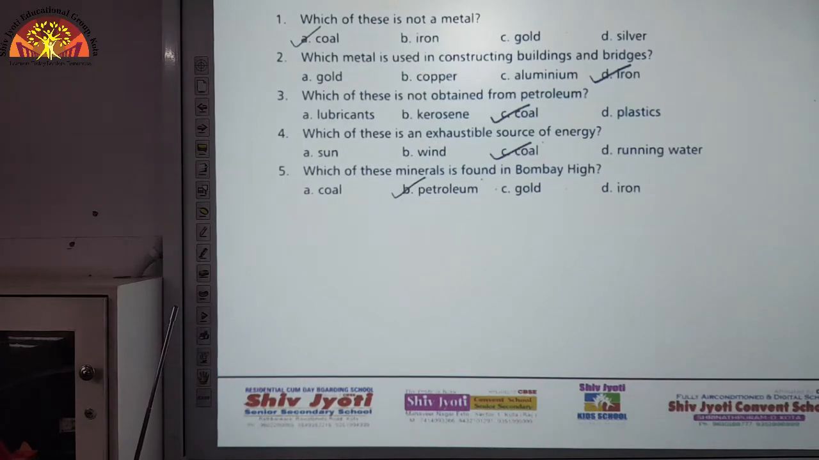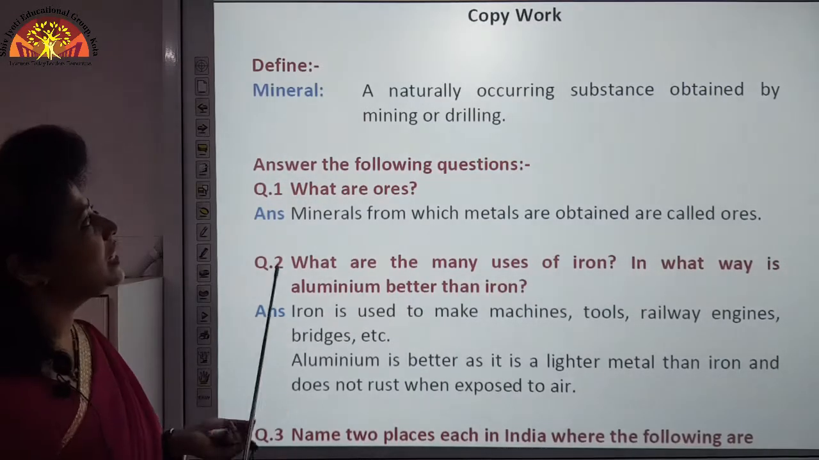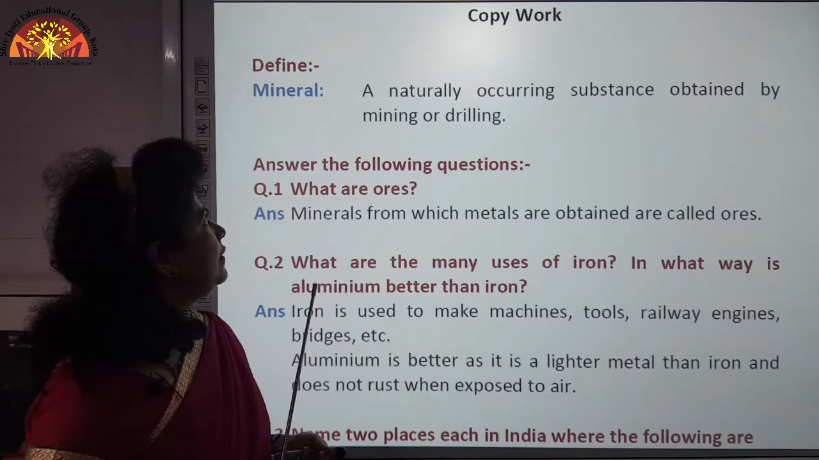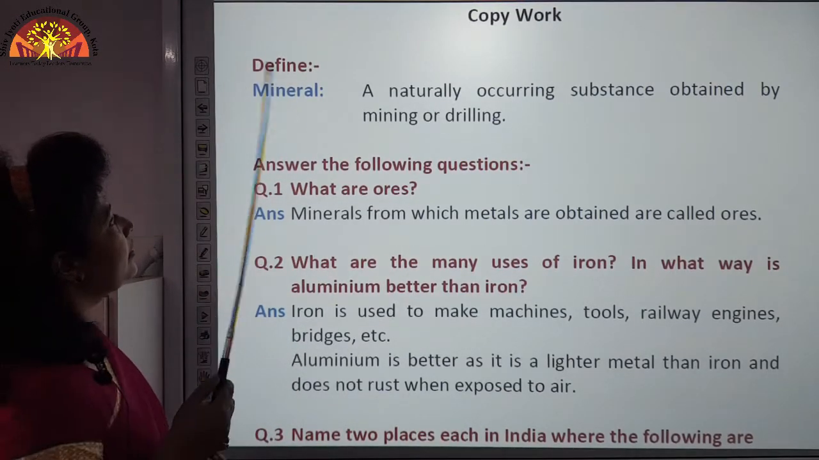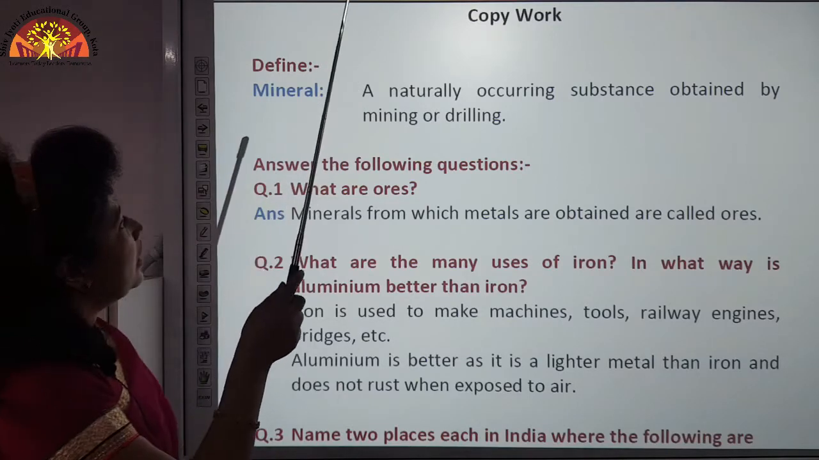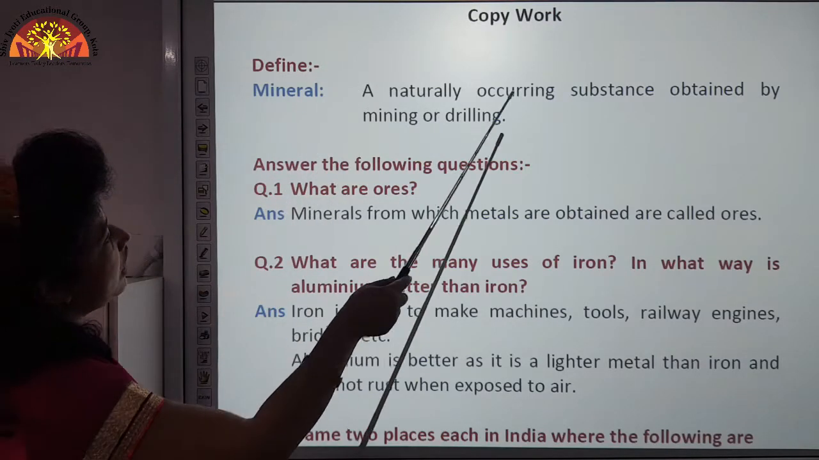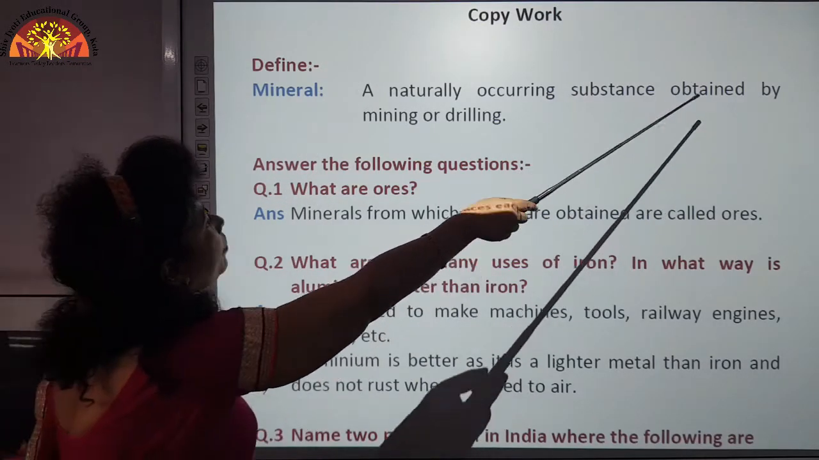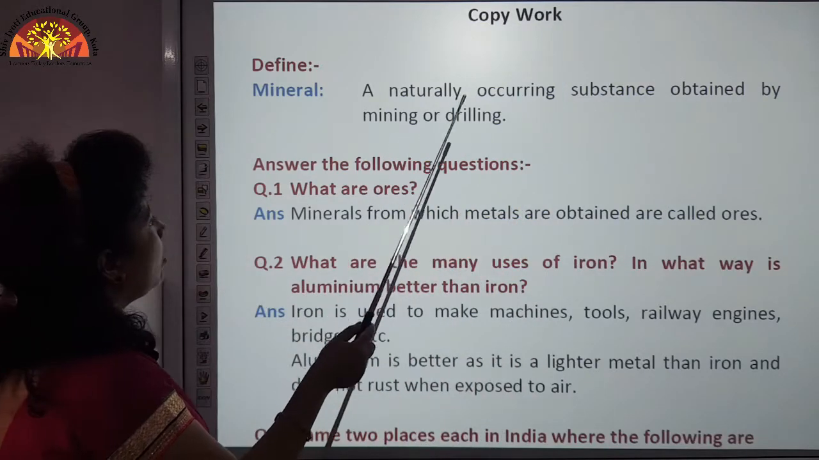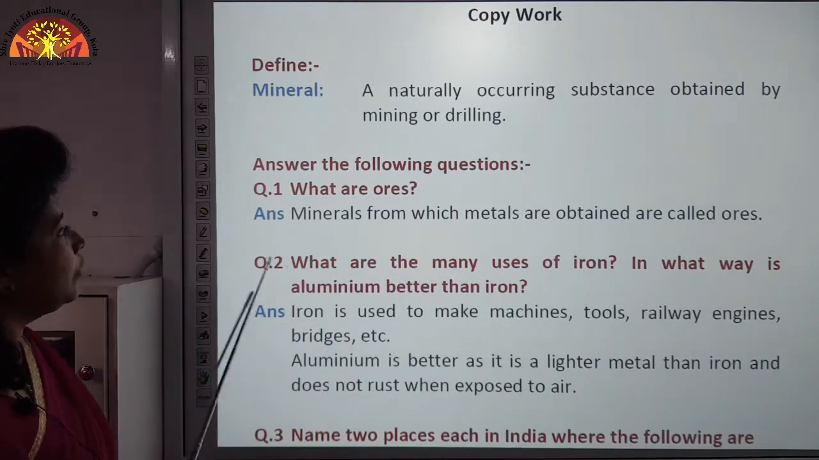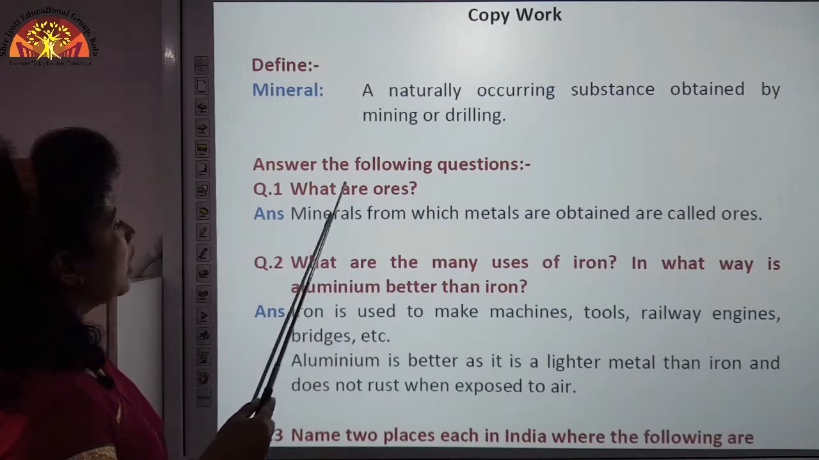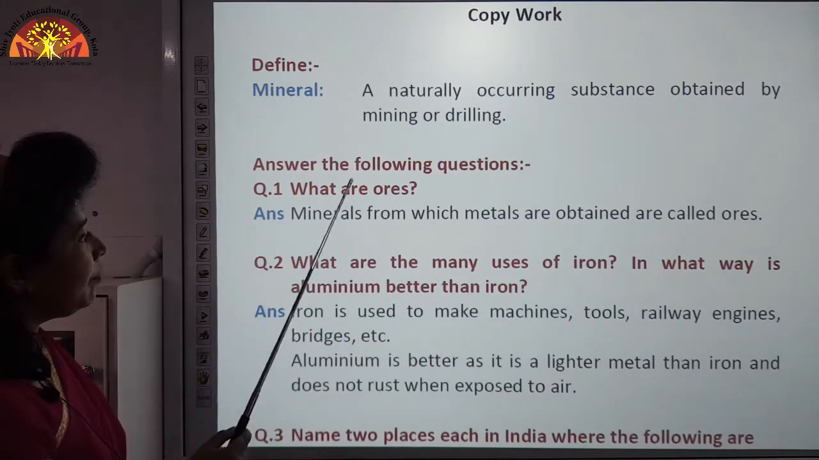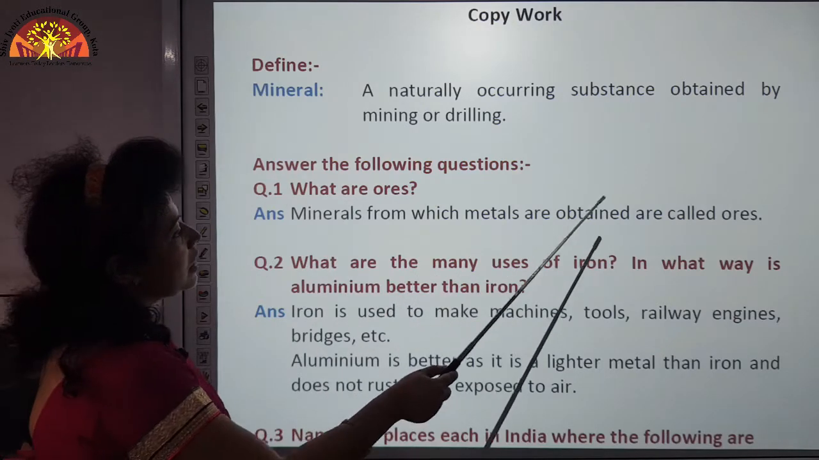Let us now proceed to the copywork of this chapter. First, we shall start with the definition of minerals. Minerals are naturally occurring substances obtained by mining or drilling. And let us start with answer the following questions. Question 1, what are ores? Answer, minerals from which metals are obtained are